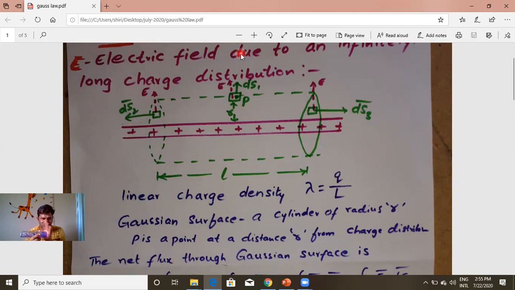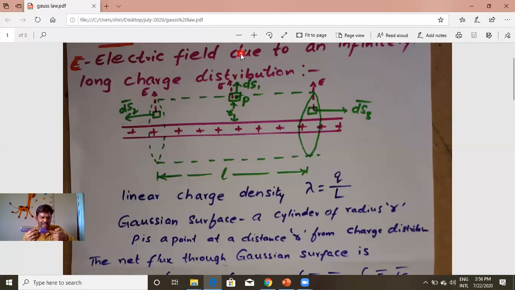And I am considering end faces first. This is dS2, normal direction. The other day when we discussed Gauss law, we learned that the direction of area is nothing but the normal drawn to that area. Area is a scalar quantity, but we need to work with its direction in this situation. So we consider the normal because we are calculating flux normal to the area. So we took this convention.